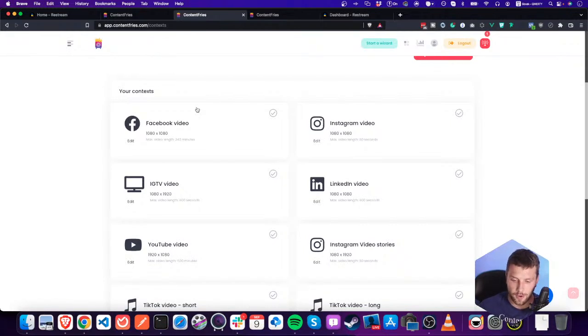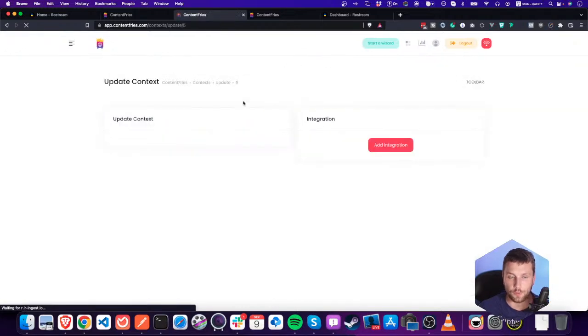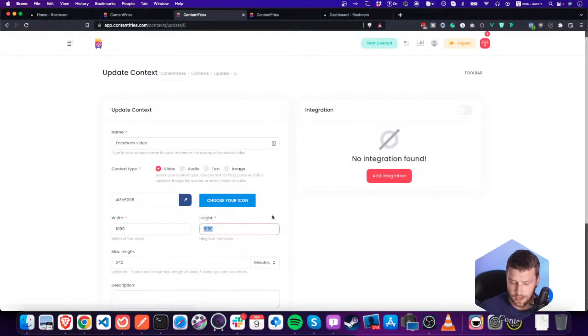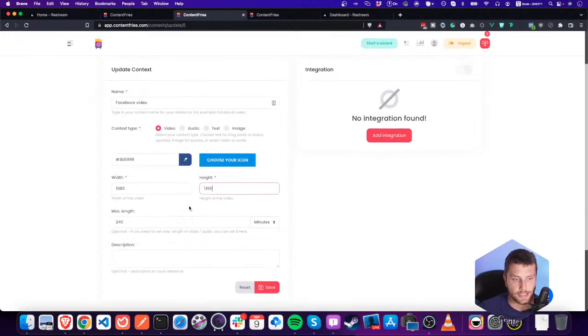They are creating square videos or videos with a 4:5 aspect ratio. That means it's not 1080 times 1080, but 1080 times 1350. Okay, so that's a 4:5 aspect ratio. And if you want to change that, you can change it here. So if you want to have, for example, a 4:5 aspect ratio for Facebook videos, you can change the height here